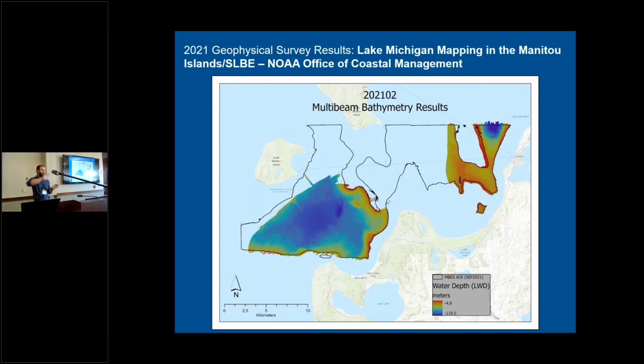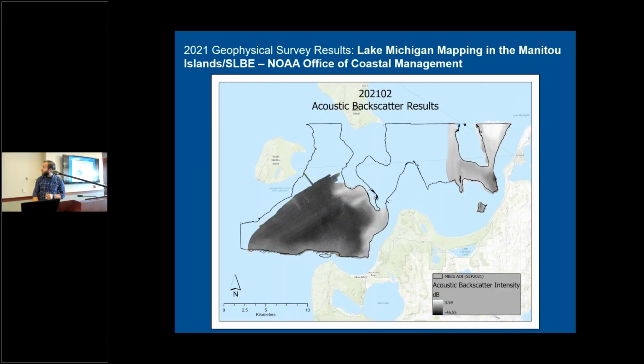So making the most of that vessel transit to the forest project location to collect data at study areas that were essentially on the way, and then coming back with the small boat to complete as much of that work as we could. And in total, we got 142 square kilometers done in this study area, in depths ranging between 4 and 119 meters. There's the backscatter result that we generated and also turned over